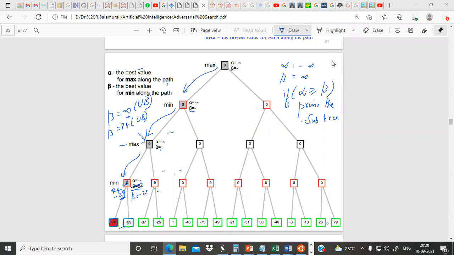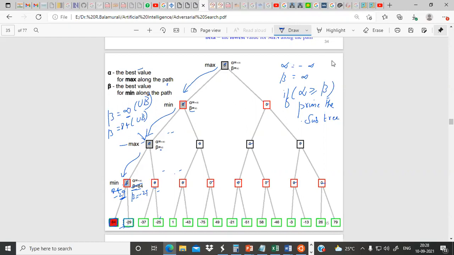See one thing, actually in these algorithms, you should not consider these zeros. You should assume them to be infinity. Let us not consider these zeros. We don't know this. In minimax, we assumed this 0. But here, initially, you have to consider all these as unknown. Okay. So at this point of time, what we know, only thing we know that along this